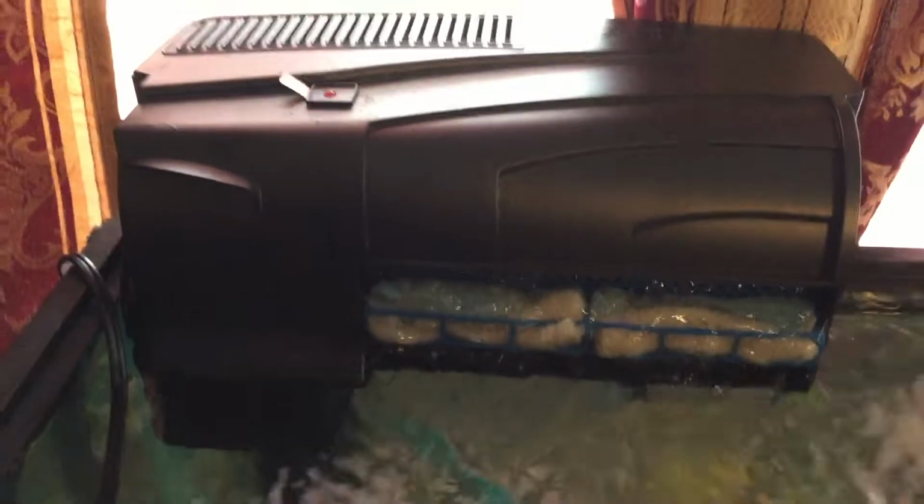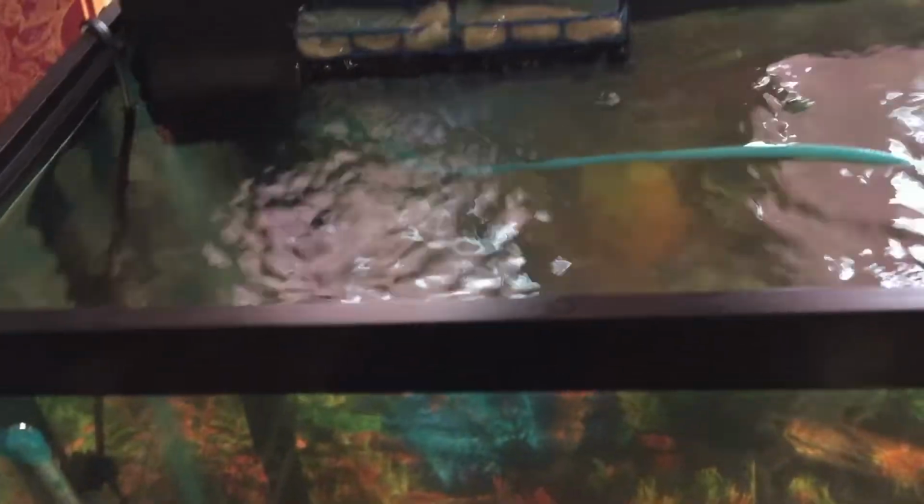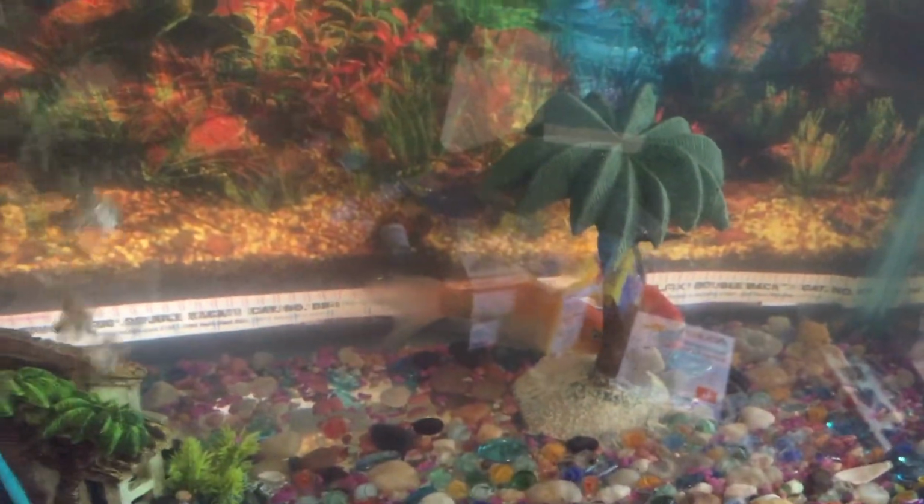It didn't matter because they don't recommend you clean the whole system out whenever you change the water and everything. I don't spray it out as good, but I take it out and hose every little piece off. I don't clean the inside of this out, but I do hose every piece off. That way I can get that gunk off of there, and that still leaves some of the good bacteria. But like I said, these guys are thriving. They're doing really good. It's just a little scary because when you clean that tank and all that water